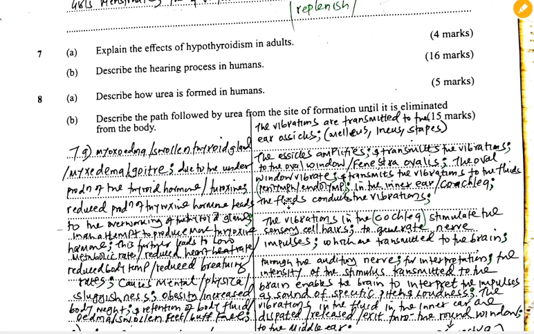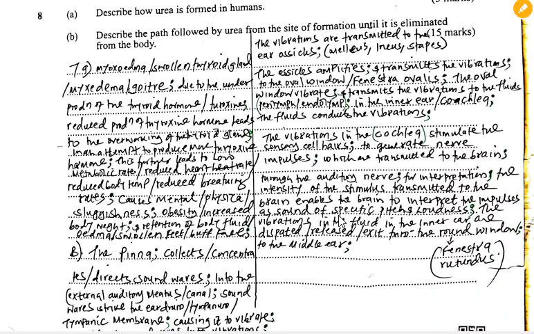The oval window vibrates and transmits vibrations to the fluids, that is the perilymph and the endolymph, in the inner ear, or the cochlea, and the fluids conduct the vibrations. The vibrations in the cochlea will stimulate the sensory hair cells to generate nerve impulses, which are transmitted to the brain through the auditory nerve for interpretation, and the intensity of the stimulus transmitted to the brain enables the brain to interpret the impulses as sound of specific